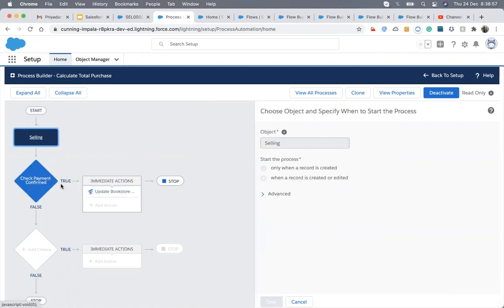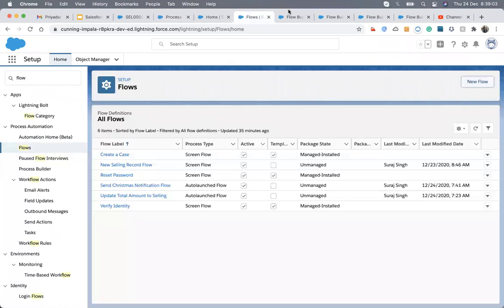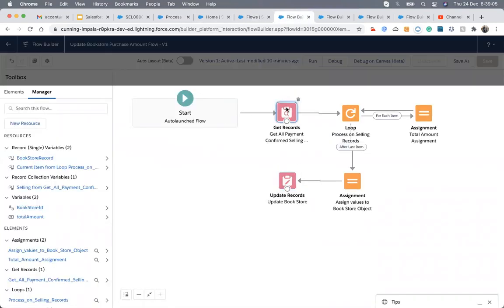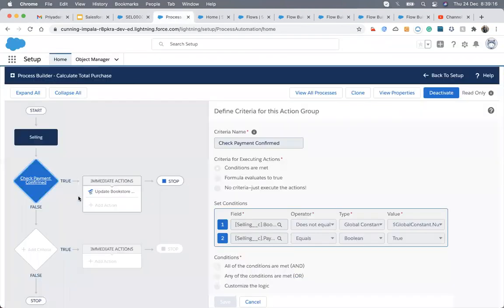This checking, we are also doing the same thing in the flow. Remember, whenever we fetch the record from the Get Records element, we are also doing the same thing. We are capturing the record ID, and we are also capturing whether the payment is true. So there is no issue, both are the same. The only thing is that we need to put some criteria on the process builder, because it's a good thing to put some criteria before processing.